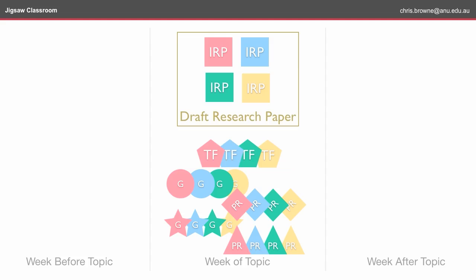The research paper authors also go away. They work individually on their own research paper, which is about 5 pages, on the topic and how that topic relates to their group project. So they really go into depth for their group project and are hopefully able to bring that expert knowledge back